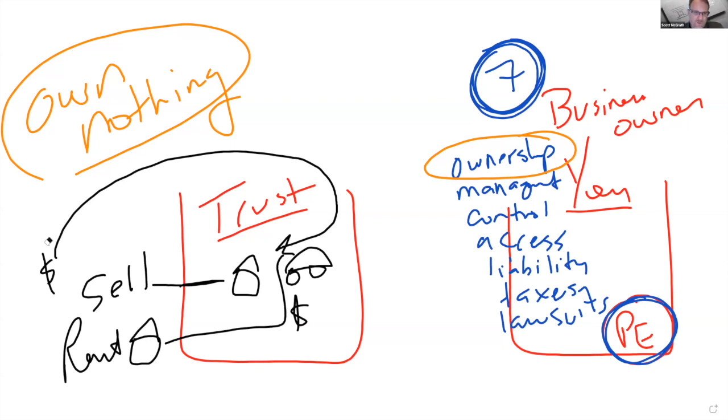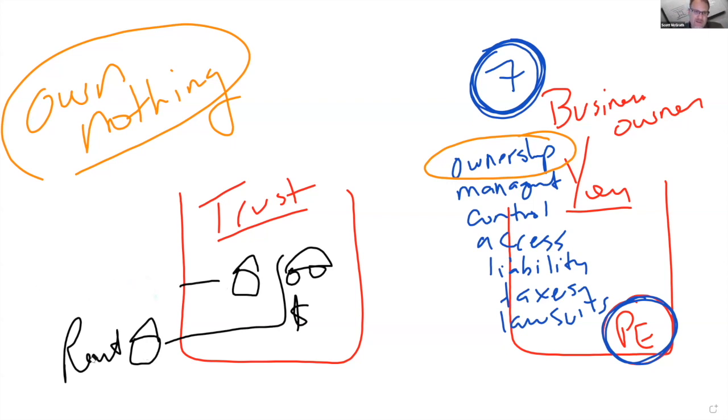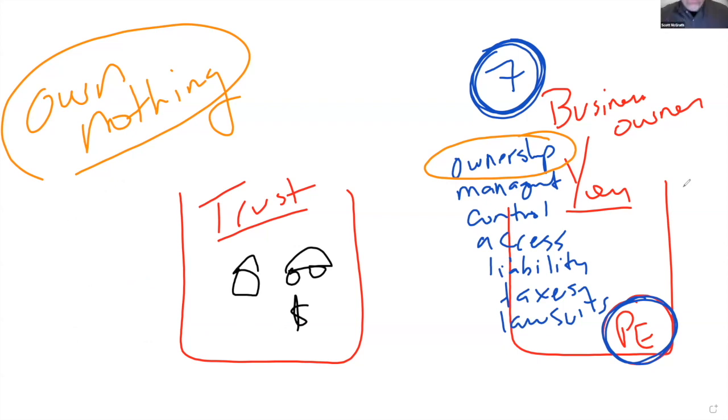Okay. Now, let's go back to the 7 things that matter. Because you have to understand these 7 things. The minute you understand these 7 things, the light bulb will click, and you will end up buying a trust. And if you don't buy a trust, then I'm going to run from you, because I don't want what's on you to jump off you and jump on me, because I want the 5 living benefits. And once you understand this, you're going to see the value of this, and hopefully you'll take advantage of it.